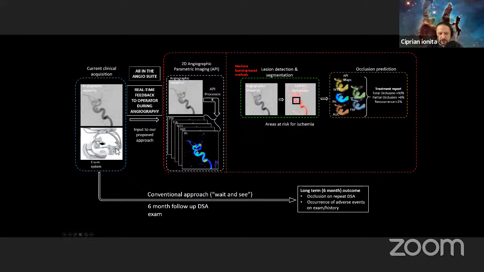What we want to do is deploy software residing on the C-arm that looks at these angiograms, and then without any user interface or any kind of input from the user, finds the aneurysm right there. It looks where the aneurysm is located, and